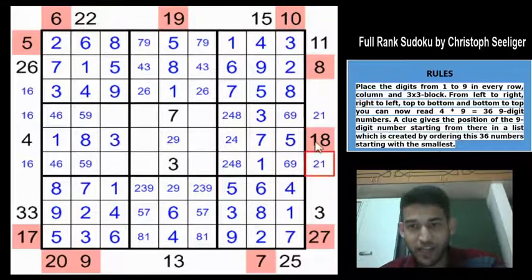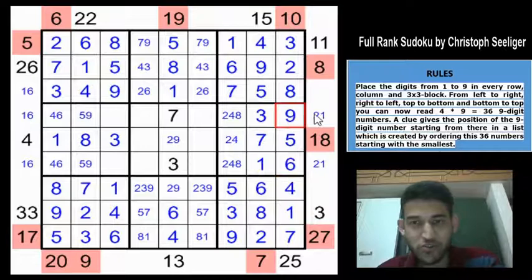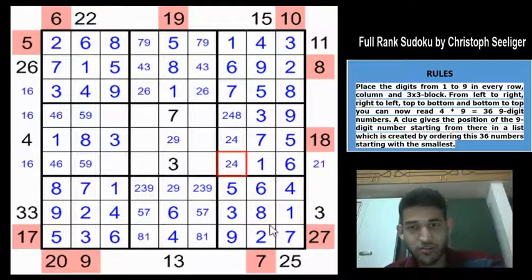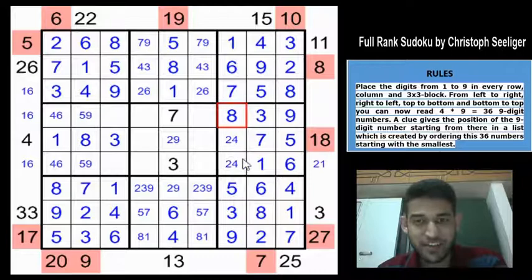Okay. We can make use of this 21 clue, right? We know that 21 must have 6, 1 and 1 is here, so this must be a 6. Beautiful, guys. What a Sudoku. So which means that this must be a 21, right? And it must be lesser than 4, because if this clue is greater than 4, then 21, 22 will be a violation. So which means that this is 2 or 4. Beautiful. And now we have a 2, 4 pair, which means this must be an 8. Amazing, guys. Amazing. It's very difficult to solve such Sudokus.